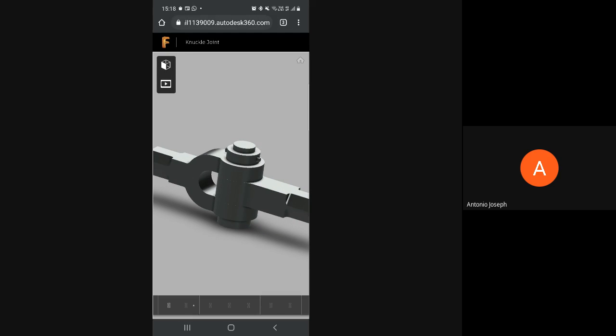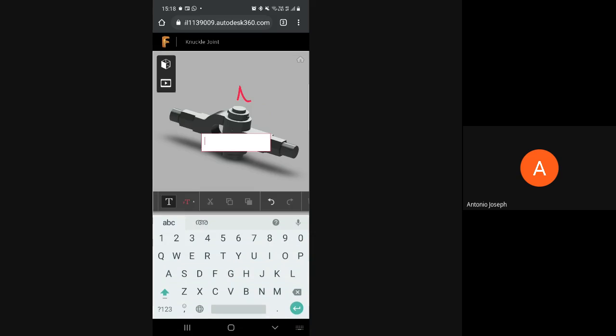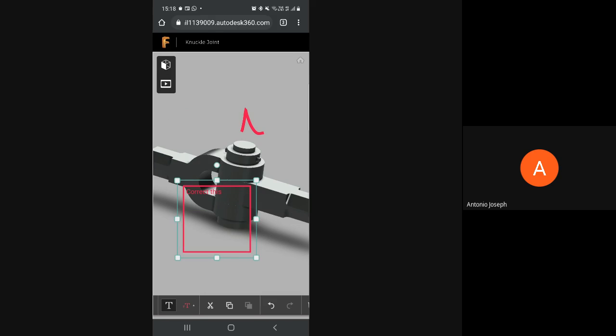And if you want to make some notes, you can just type. You can just give an arrow mark or something like that. So you want to type something, correct this. And I am giving some arrow mark.